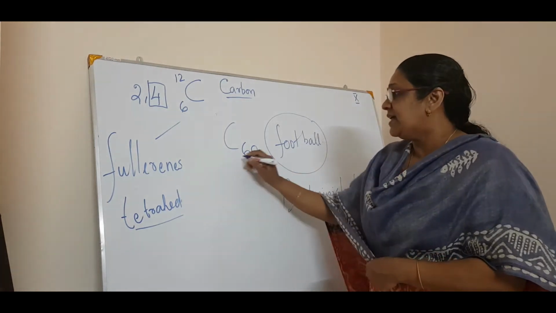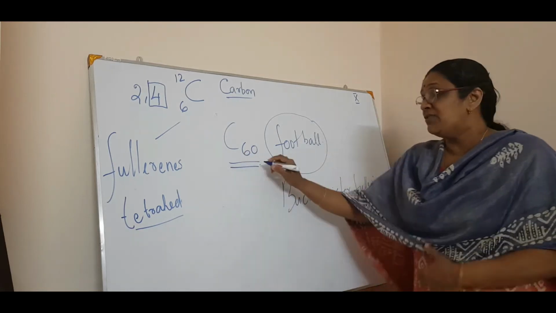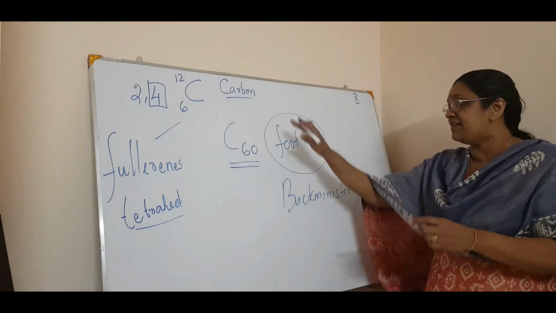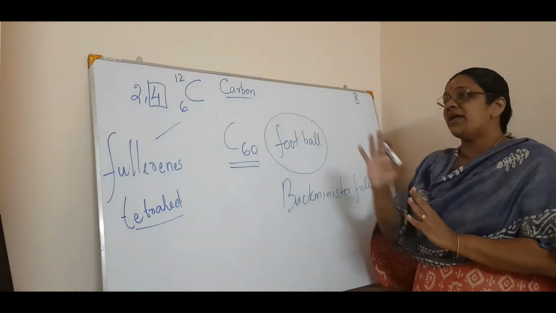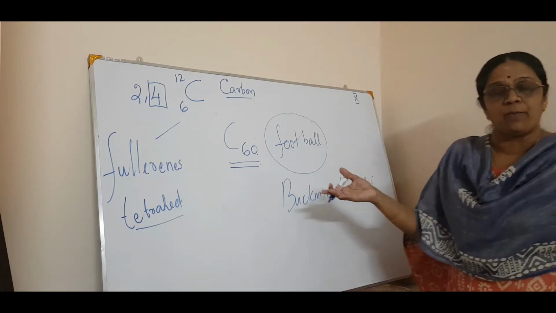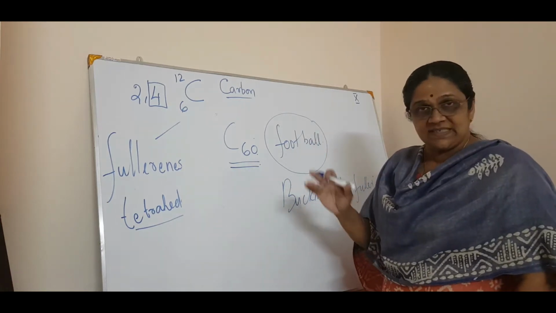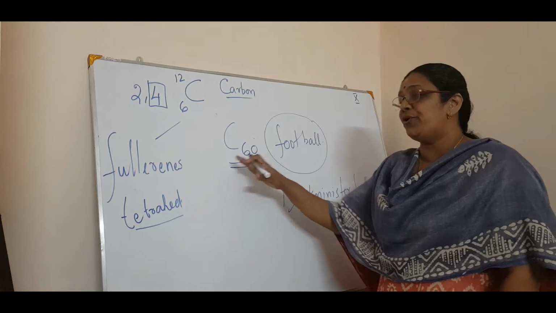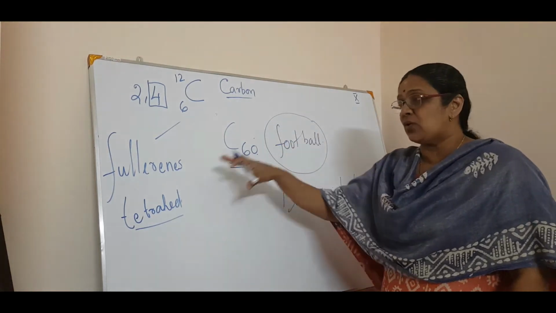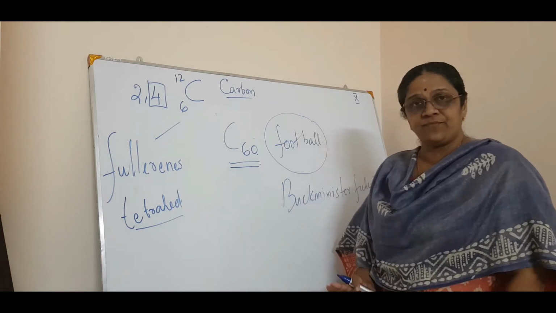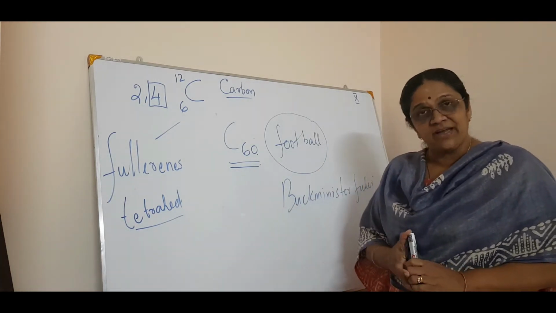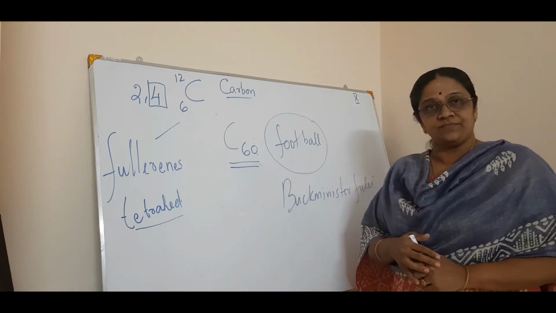Okay, so that is the third allotrope of carbon, which can be 60 or more carbon atoms designed in the shape of a football. It is called Fullerenes. It also has the same chemical property but a different physical property. You need not go into details of fullerenes, just know that it is also a carbon allotrope. So there are three allotropes: one is diamond, second is graphite, and third is fullerene.